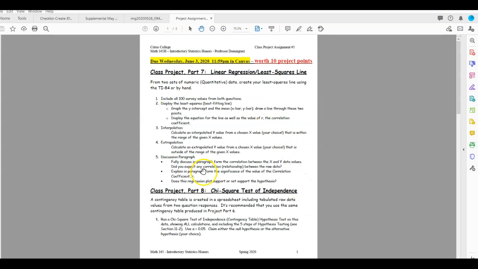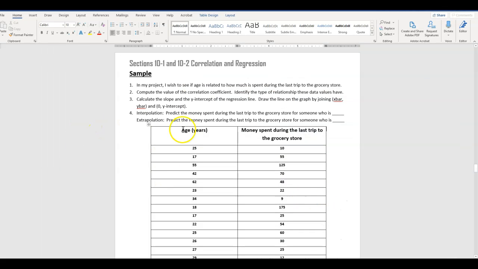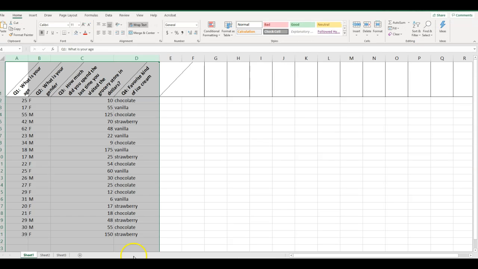So project assignment 7, part 7 of the class project, is all about linear regression, the least squares line. I made some sample data, 20 sets of data, 20 interviews, if you call it that. I want to see if age is related to how much money is spent during the last trip taken to the grocery store. I entered my data into Excel using the file that you used for your spreadsheet, so it